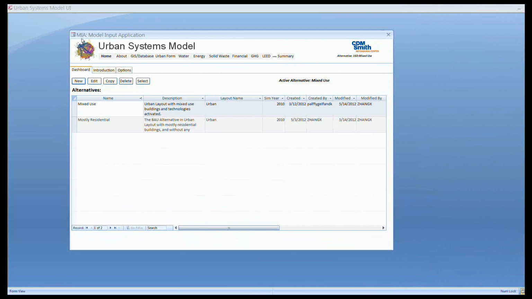After defining the urban form in GIS and simulating the energy demand of building and land use types in eQuest, users can define other decision variables and technologies in the model input application developed in Microsoft Access. In the home screen, different alternatives are listed. Alternatives can be added or deleted. By selecting an alternative, users can go into the details of each simulation and define the decision variables and parameters